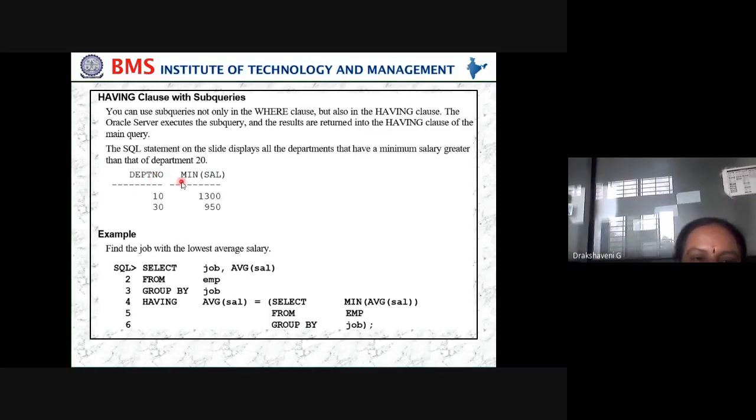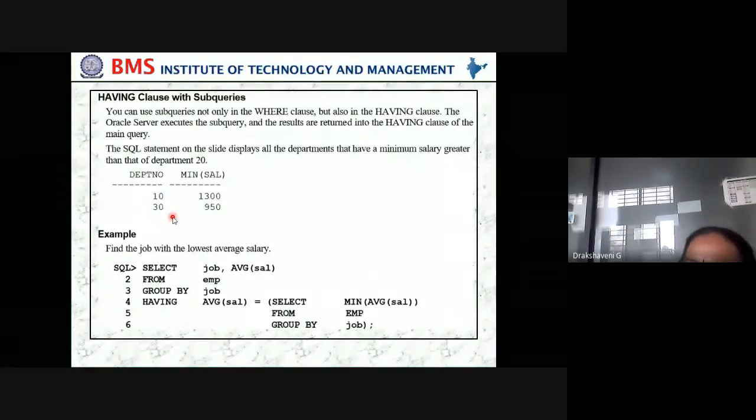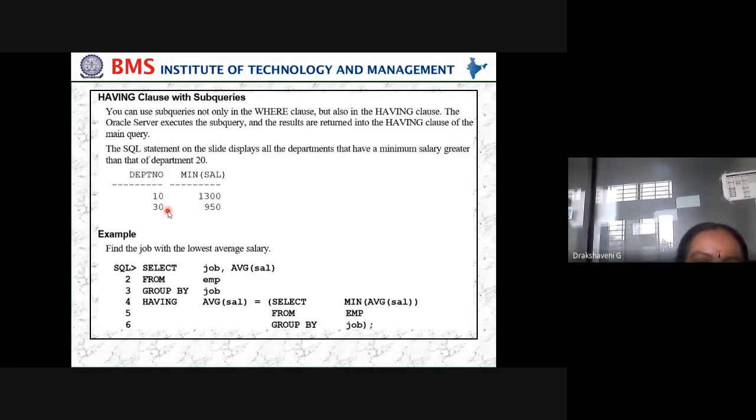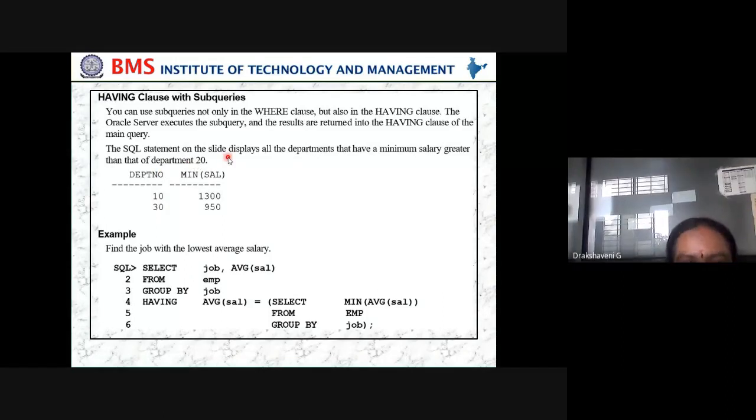So department number, minimum salary: here department number 10, department number 30. The minimum salary for department 10 is 1300, and for department 30 it is 950. That's how this will be displayed.